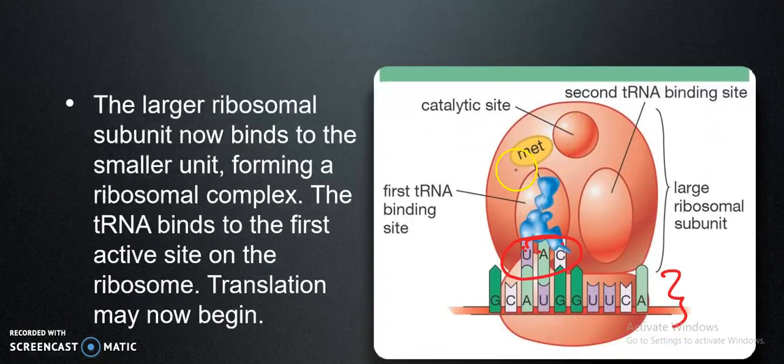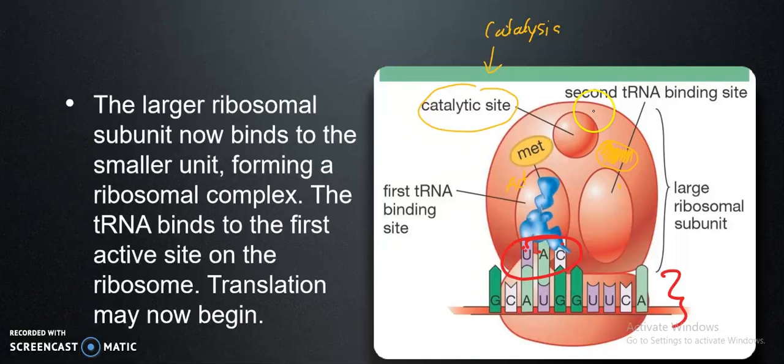So during the translation process, the larger ribosomal subunit binds to the smaller unit, forming a ribosomal complex. The tRNA binds to the first active site. This one is the first active site. And the second one, translation now will begin. So this is the second active site, binding site, and then this is the catalysis site. The catalytic site, this is the site where it catalyzes or hydrolyzes methionine, and the next, if there is another, for